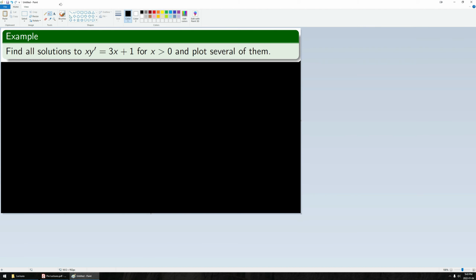So stick with that zoom. Here, what do we want to do to try to solve this differential equation? Just notice, what's my dependent variable? Well, y is my dependent variable. That's the thing I want to solve for. If I treated this like any other expression where you'd want to solve for a variable y, a natural first thing to do is try to solve this for y prime. Get y prime equal to something. Since x is greater than 0, I can just divide by x. So as my first step, y prime is going to be equal to 3x plus 1,